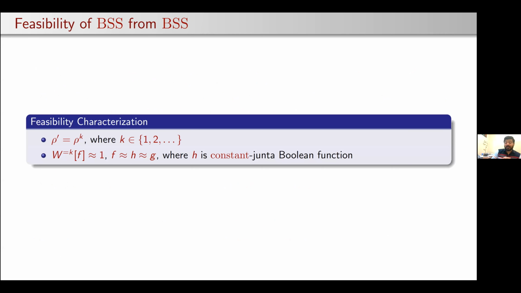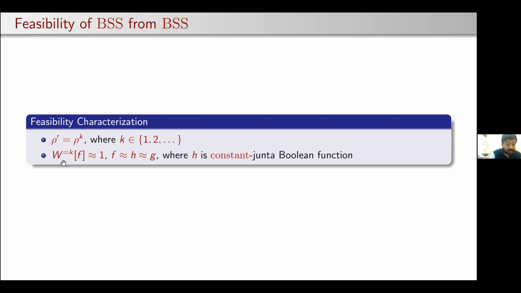So now let us move to some feasibility results. Suppose our objective is to consider self-simulation of binary symmetric noise from binary symmetric source. That is, both the source and the target are correlated noise generated by the binary symmetric channel. We can follow the template that we followed earlier to conclude that the target's maximal correlation has to be an integral power of the source's